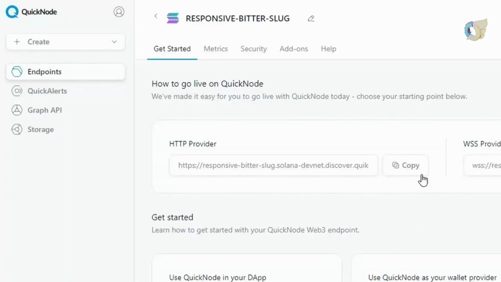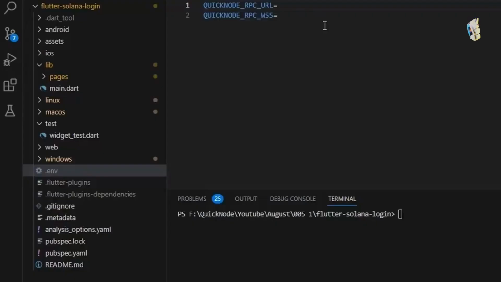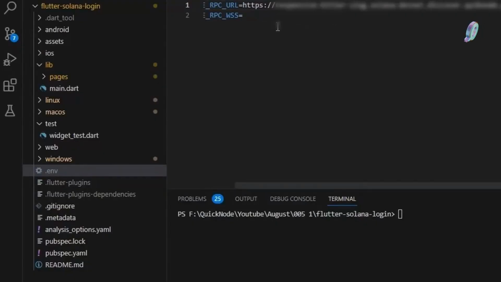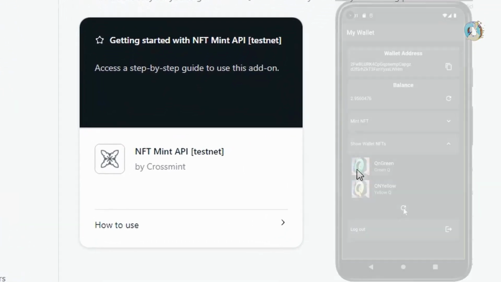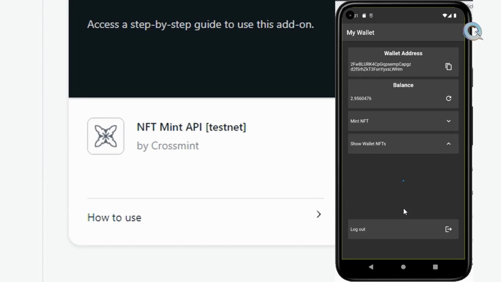Our file will have these two variables, QuickNode RPC URL and QuickNode RPC WSS. In both, we will place our QuickNode RPC for the Solana DevNet, and in the second, we will change the HTTPS header to WSS. This RPC allows us to use the QuickNode NFT API service to receive NFTs from a